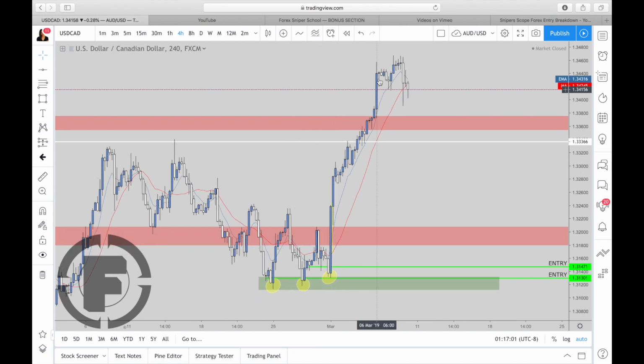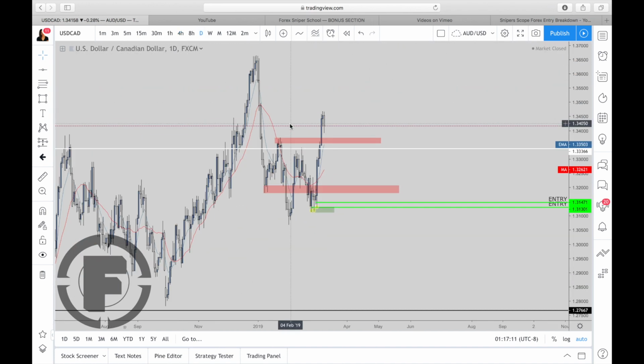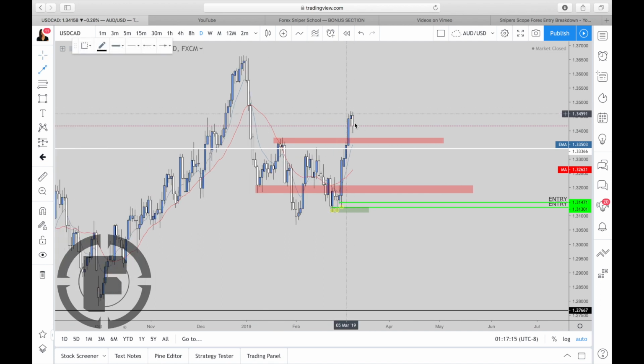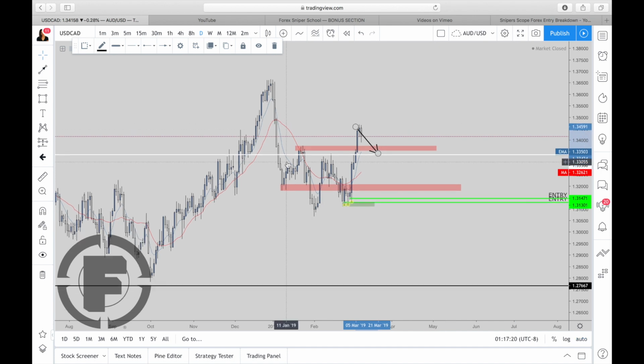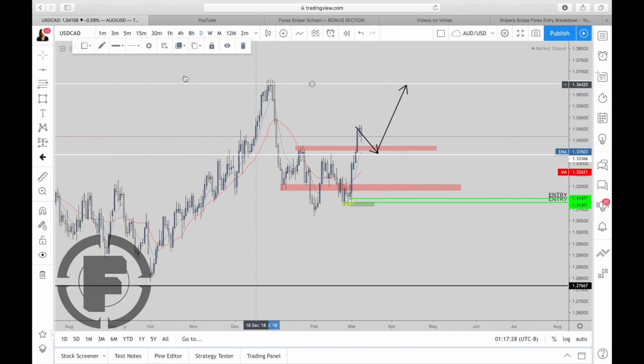We currently have a break to the upside right now. What I'm anticipating, being that we're at a higher high for the 4-hour time frame, is that some type of higher low will in fact form. But my overall projection is that price is going to go somewhere around right about here, maybe a little bit lower. And then overall, we're going to have a completion at least to this point, which is usually right about this price area. Now, again,